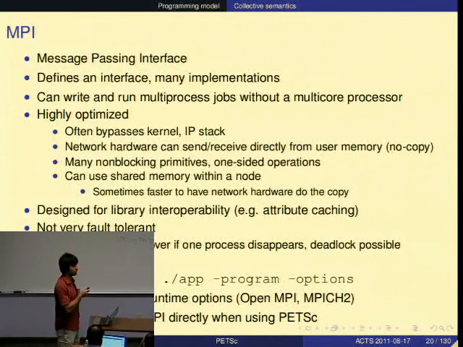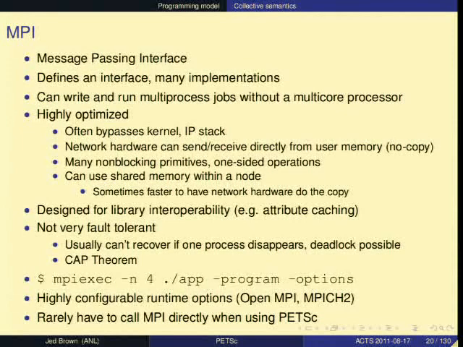So remarkably, a lot of people don't get this point. You can run fairly large parallel jobs on your laptop. You can run 32, 64 processes, no problem. And so you can check for correctness. It won't be fast, but you can check for correctness. And often the development environment that you can build on your own computer is much nicer than you can set up on some remote machine. So I encourage doing that.